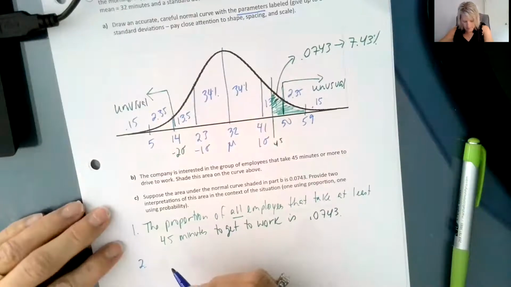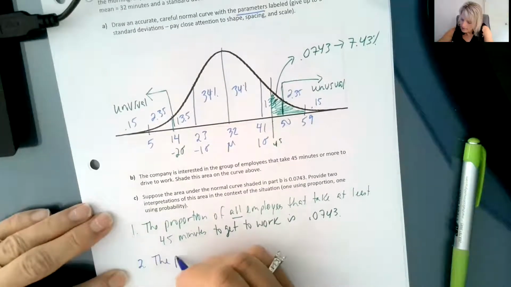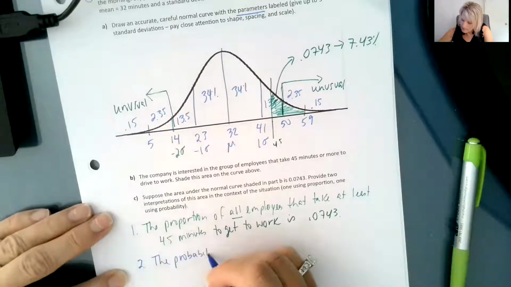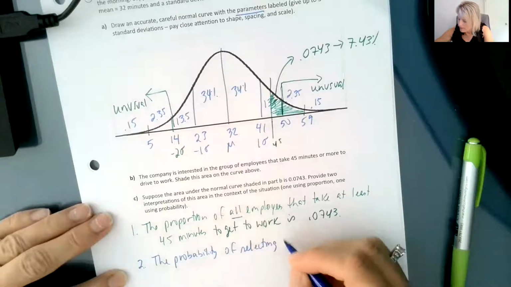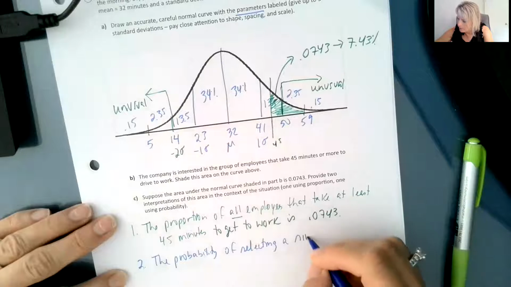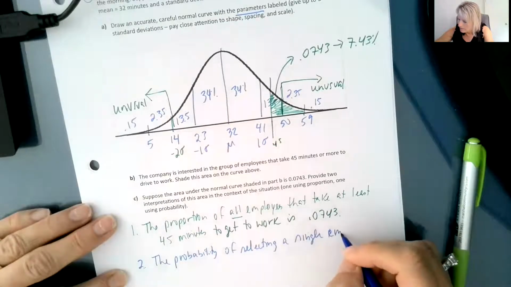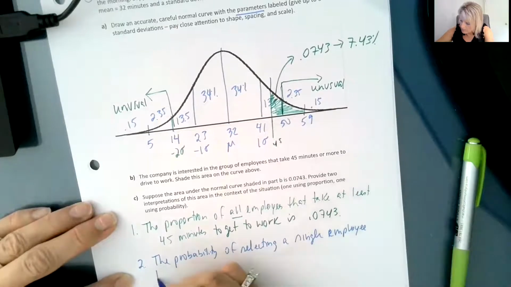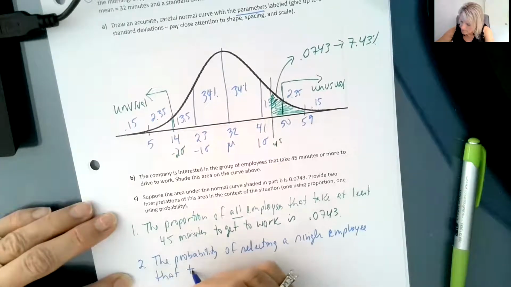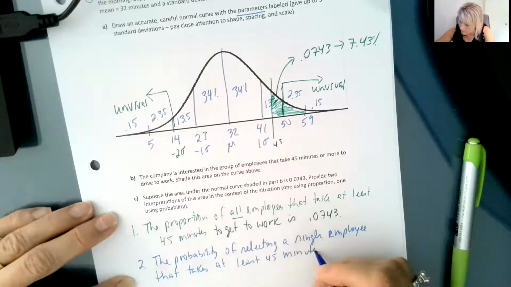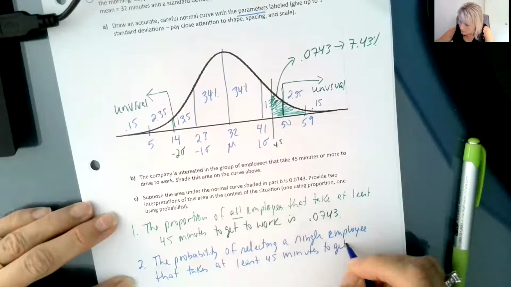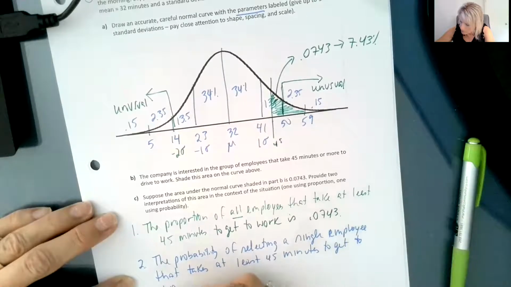So we are going to write the probability of selecting a single employee that takes at least 45 minutes to get to work